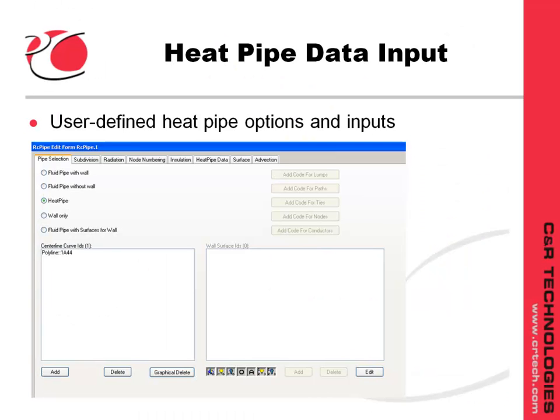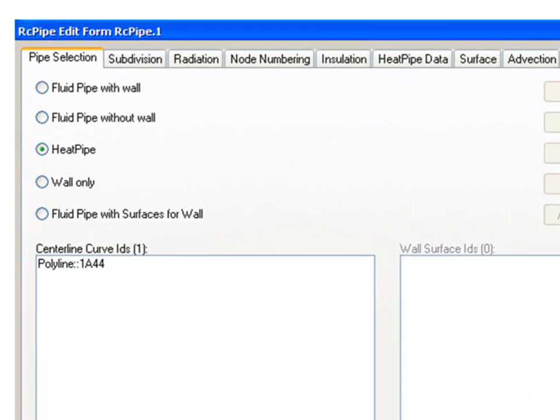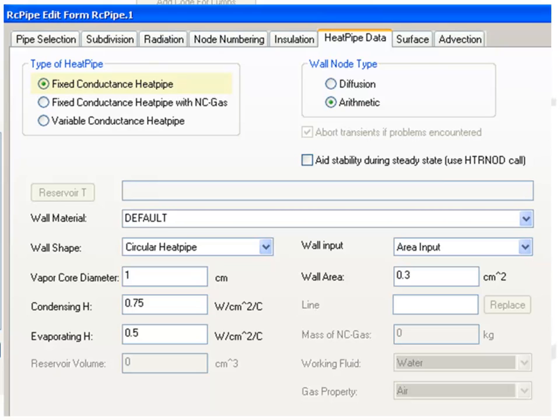In Thermal Desktop, heat pipes are a special case of FloCAD pipes, which are usually used to represent the fluid flowing in a duct. Once the heat pipe option is chosen, the Heat Pipe Data tab becomes active as shown. One option available is a fixed conductance heat pipe, which is also known as a constant conductance pipe. You can define the wall material, the wall shape and dimensions, and the coefficients for vaporization and condensation. You can also add gas to the system, in which case you need to define both the working fluid and